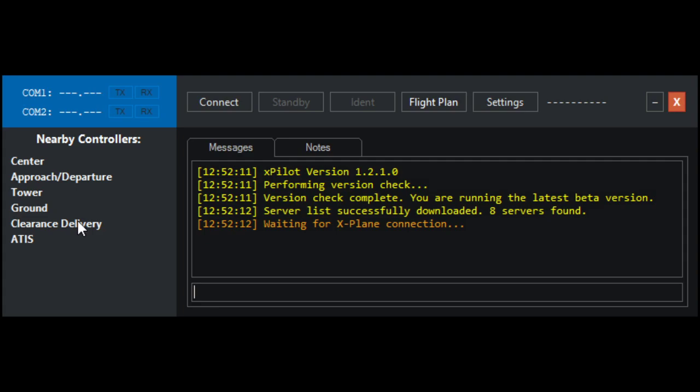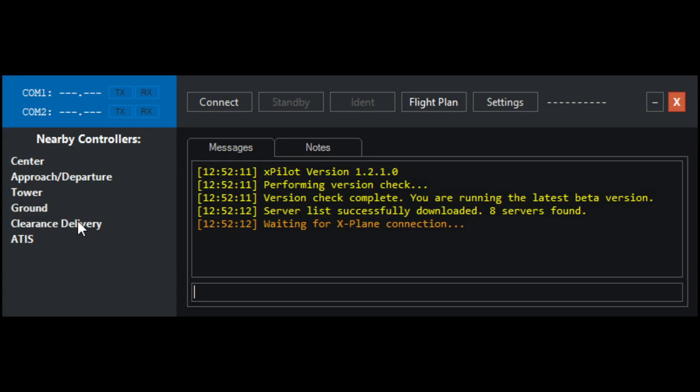And they'll issue you your route, the highest altitude and flight level that you are permitted to be at with that flight, your